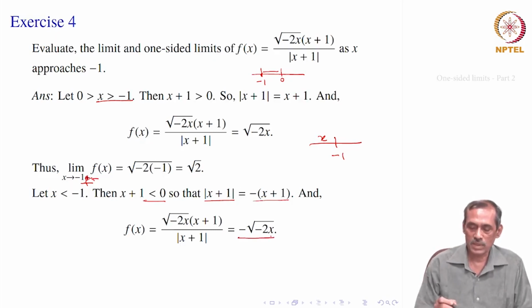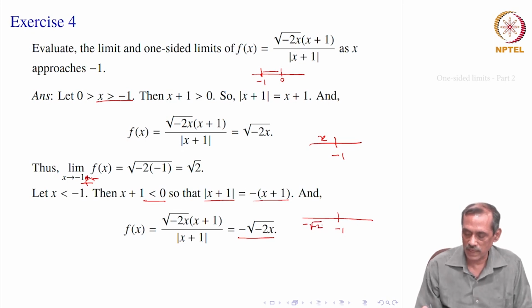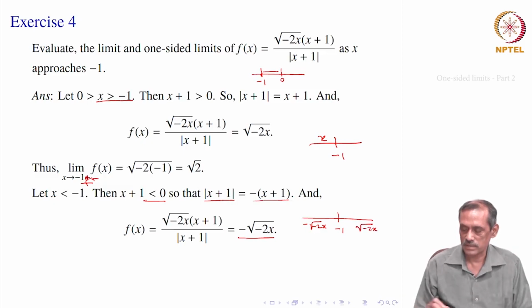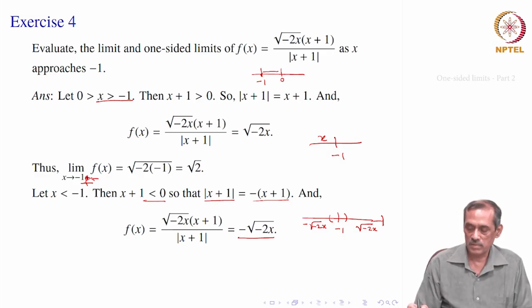So, that means basically what we are doing is, if you take minus 1 here, on the left side f of x is minus square root of minus 2x, on the right side it is square root of minus 2x, all the while x is remaining negative, right. So, we do not need even to go beyond this 0. We need some neighborhood, even smaller than this is okay, but if you look at 0, it will be convenient to find the inequalities. Okay.